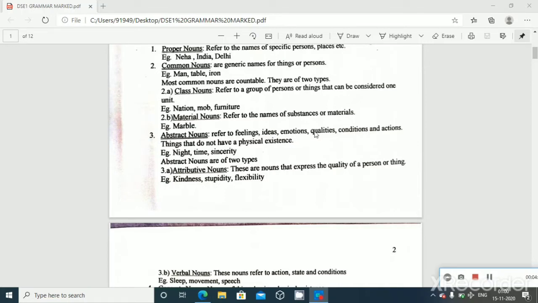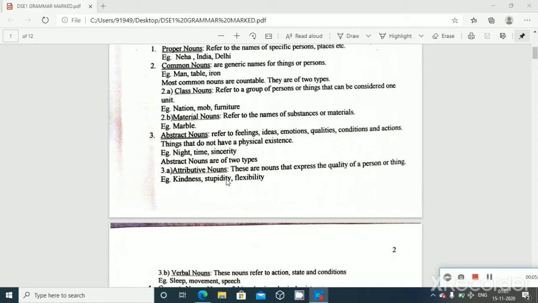Okay, sincerity is a quality of a person. If you say this person has sincerity, you can attribute it as a quality. But of course, if the person wears a watch or a bangle or a chain, you can go and touch and see that this is a bangle, this is the chain, this is a watch. But you cannot go and touch and show that this is sincerity, so it is not physically